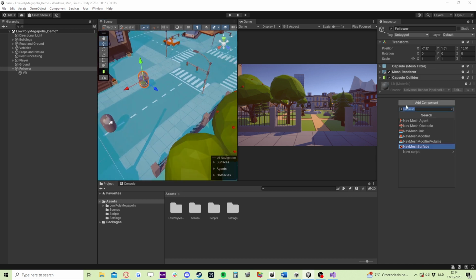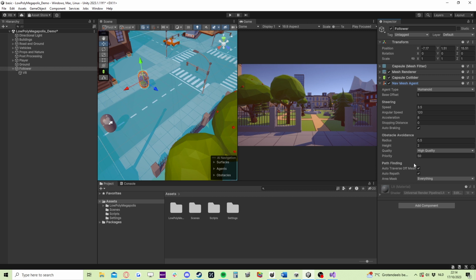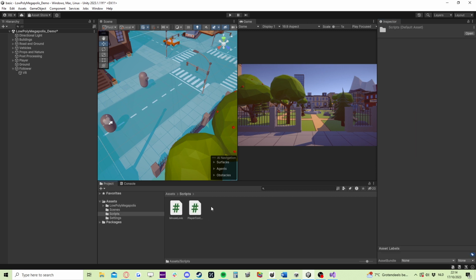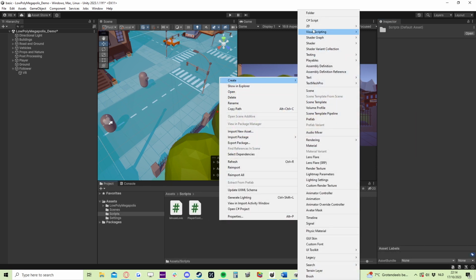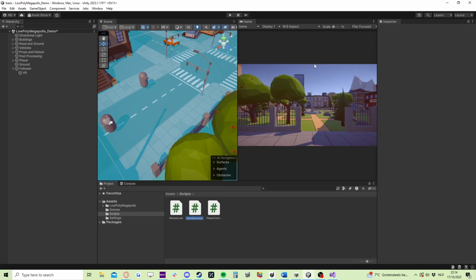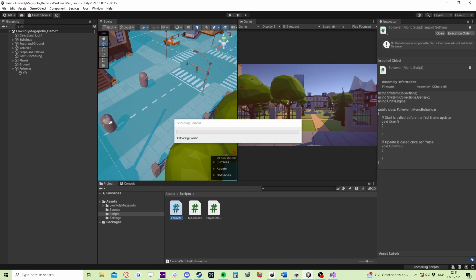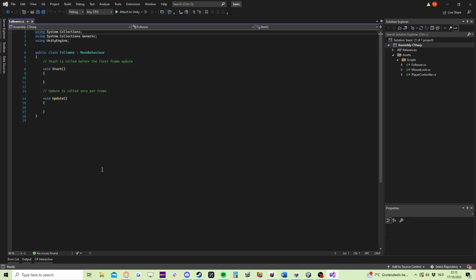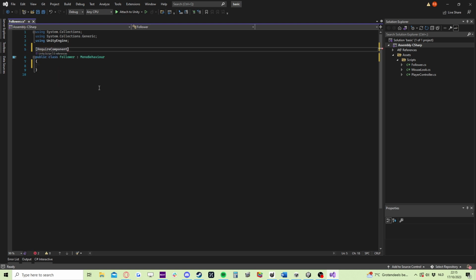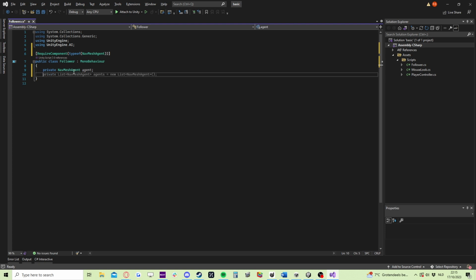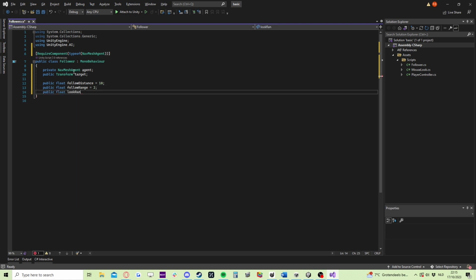Afterwards you can add the NavMesh Agent component to your follower. If you haven't done so already, you can create a scripts folder, and in here we are going to create our very first C# script for this project. You can name it Follower or FollowerAI or something similar. In the follower script, we are going to require the component NavMeshAgent. The reason for this is that the script will not function properly without it, so we might as well require it